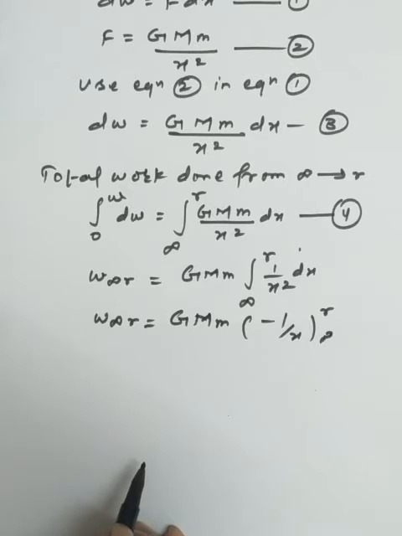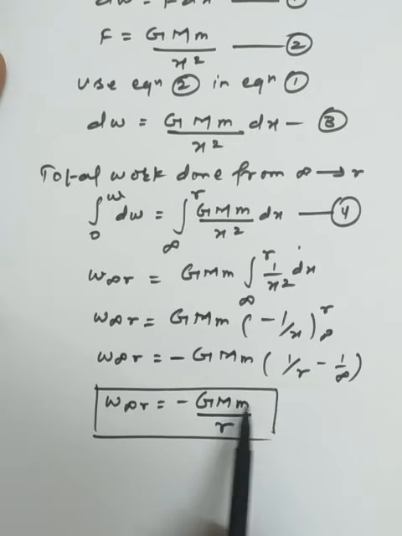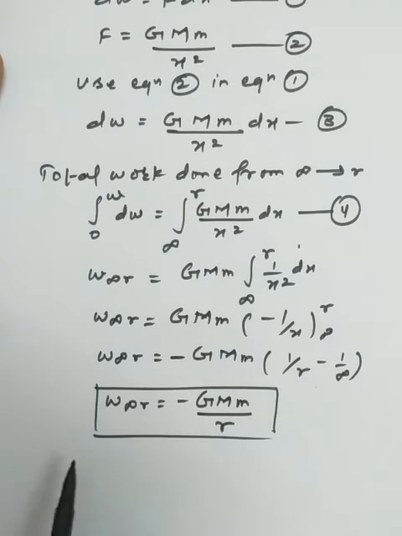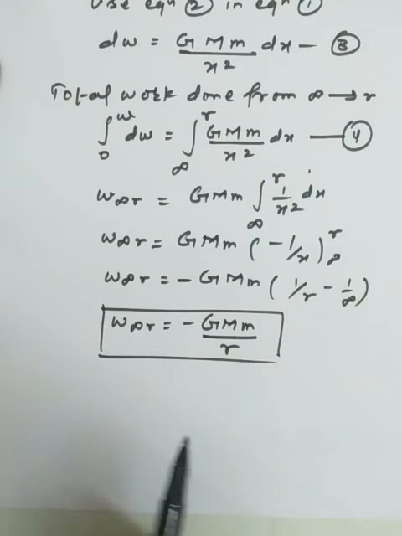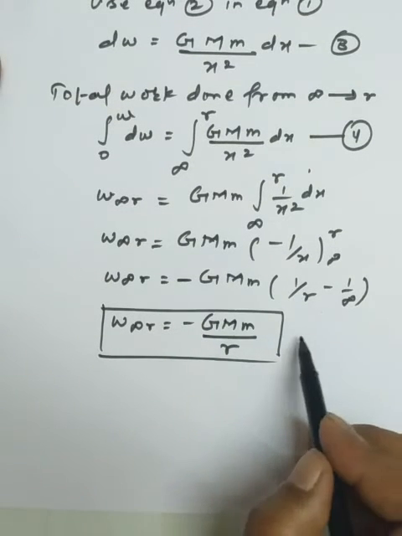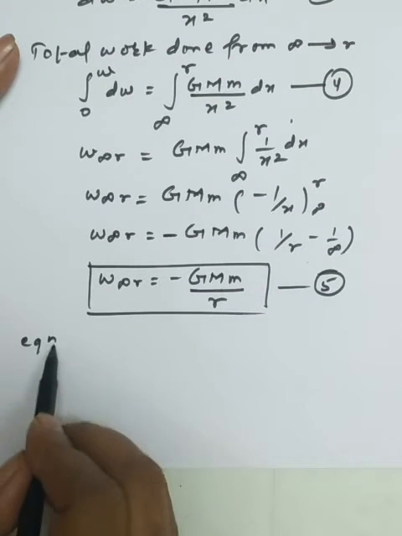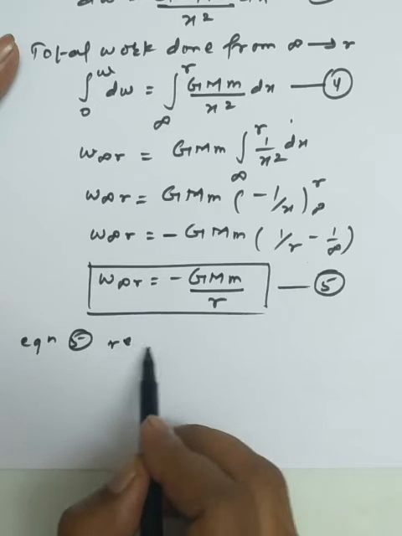Okay, so this is one of the basic portions we have. Now approaching the limit, we get W from infinity to r equal to minus G M m upon r. So this is the general formula. Equation 5 represents